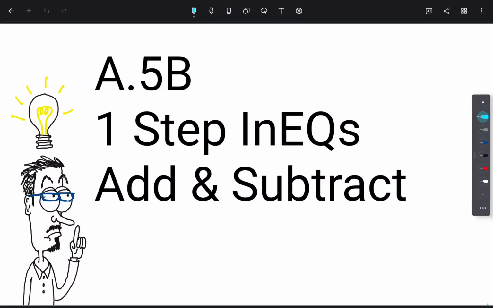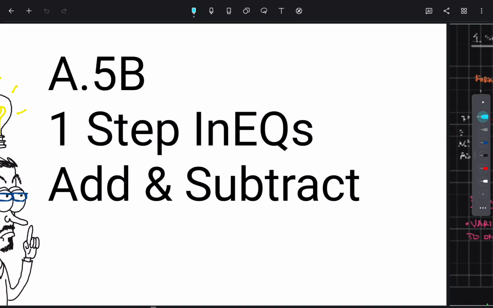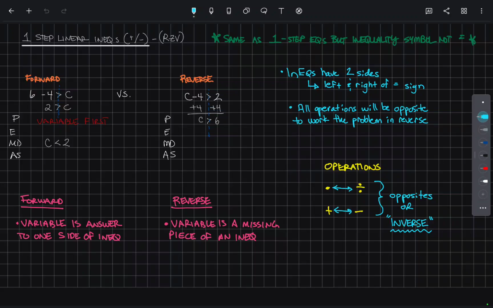One-step inequalities, only adding and subtracting. You're going to notice a real strong similarity between one-step linear inequalities and one-step equations. The process of doing inverse operations remains exactly the same as one-step equations, two-step equations, etc. The only difference is we're going to have to read our solution as something different, and we'll go over that